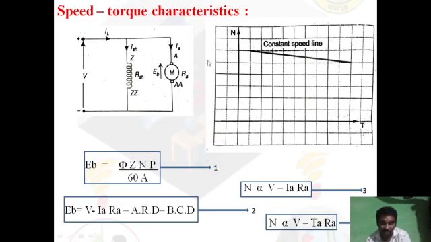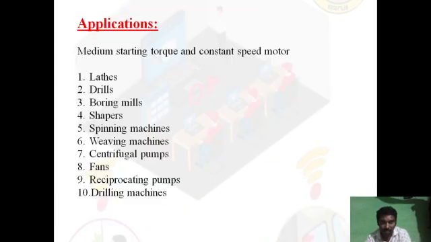And the next one is the speed torque characteristics. Here also, if you observe, the change in speed with respect to torque is very small, which has got medium starting torque or least starting torque. So based on this, if you observe the medium starting torque and constant speed, these two